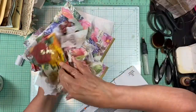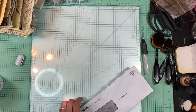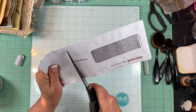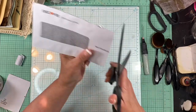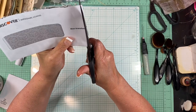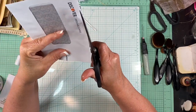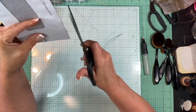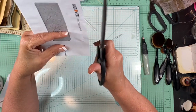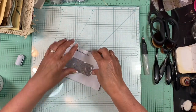Excuse my voice. Let me move that over here for a little bit. Okay. I think what I'm going to do on this, go ahead and cut this because it's obviously too big. And of course I cut it crooked. And then I'm going to kind of straighten this out a little bit. And I know I cut that crooked too. I could have just put it in my trimmer. Alright, anyway, I cut that down a little bit, and what I'm going to do